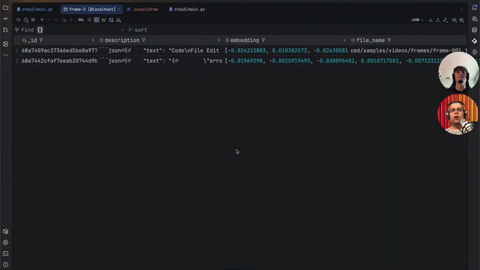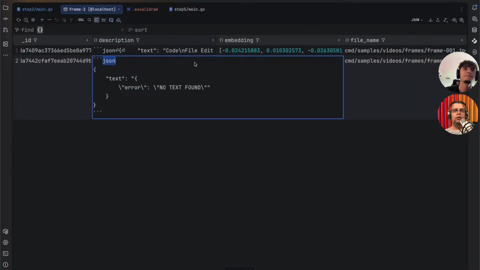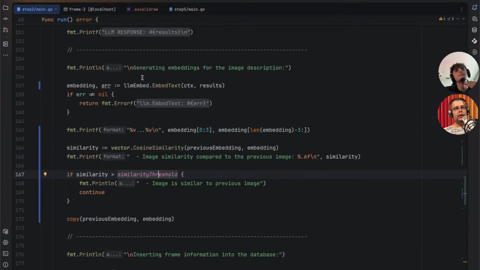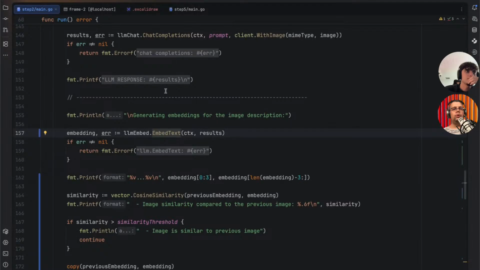Now, one other thing that we'll probably need to do before we close this example would be to handle this case, the error where we have no text file. Because we don't necessarily want this to reach out to the database. So let's do that. Let's not even embed this because there's no point in doing that. And we could say,